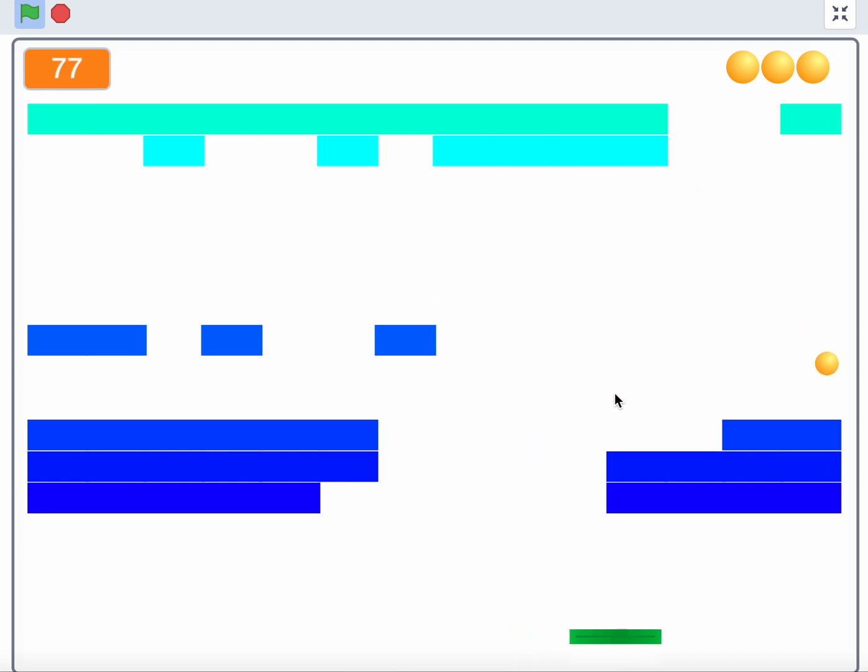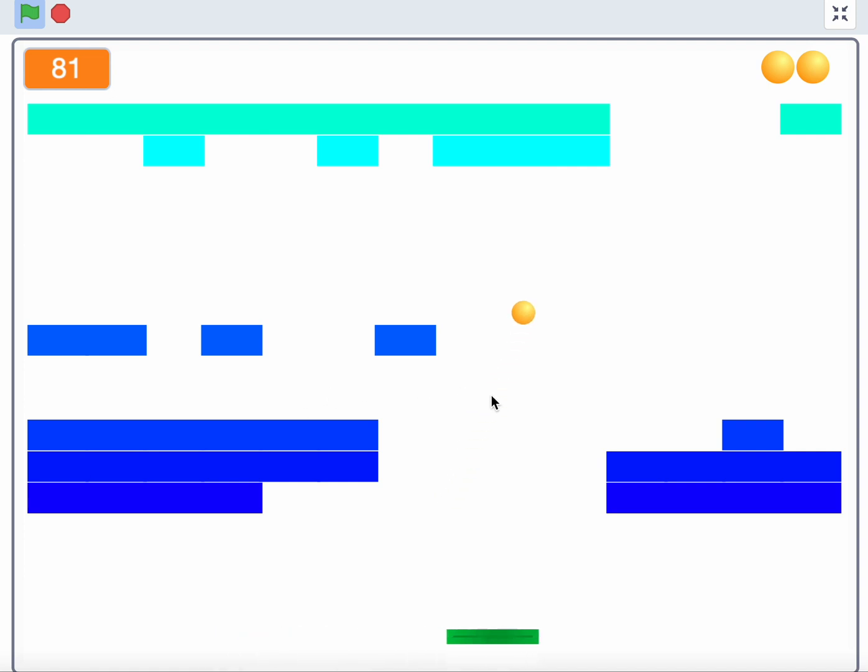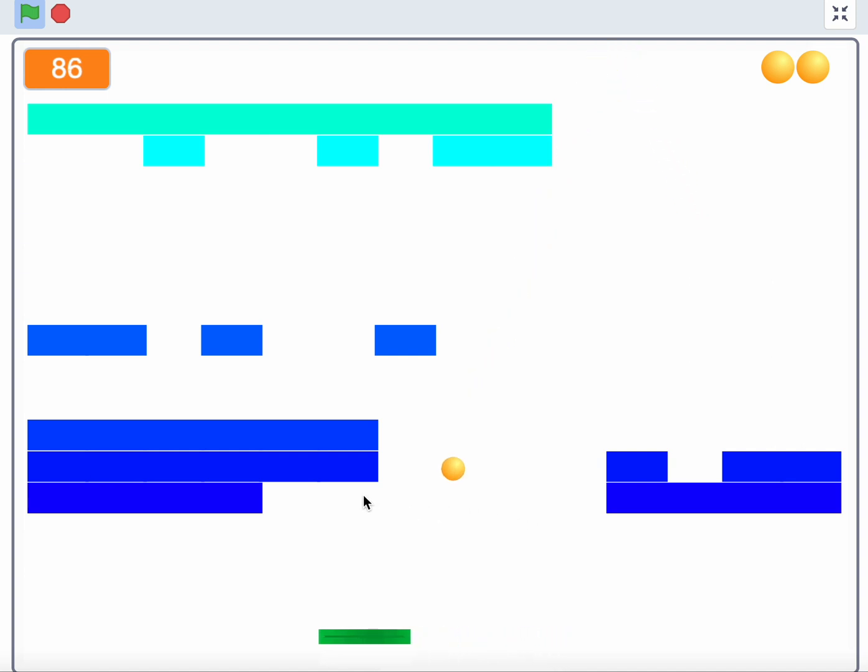So this game is not perfect by any stretch of the imagination, but a lot of thought went into this game in terms of playability and also visual design. Does it look pretty? Is it just kind of fun to play? So those are key elements that Miss Gallagher will be looking for as she tries to determine who the winner of the